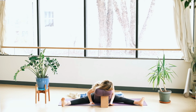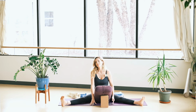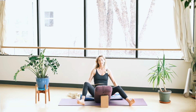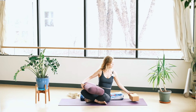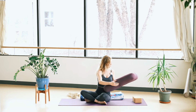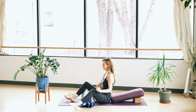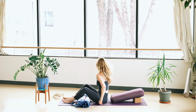And then slowly inch your way back up to seated. You can take your peace fingers underneath your knees, drawing them back in. And we'll close with a restorative posture that's also very beneficial for the pelvic floor. So you can take your block underneath your bolster. You can bring your blanket roll underneath your knees. And then we'll come all the way onto our backs